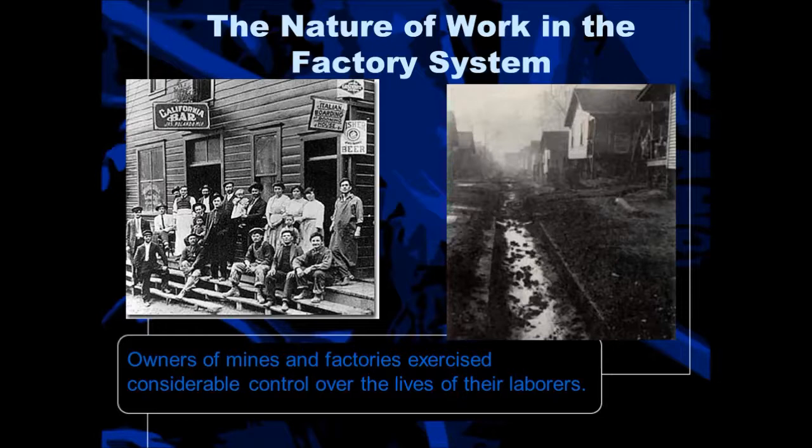The Italians were considered mean, so, we're doing you a favor putting you in the mines. The Poles already had that reputation of not being very smart. Not sure where that reputation comes from, so let's put them in the ground with a very low paying job. And the Slavic people had gotten this reputation of being unclean. So these are three groups that nobody else wanted to work with, so they were paid the least. They were even paid less than the Irish. So it was very dependent on where you came from, and these people from all different walks of life and all different nationalities came together in these coal towns and had to do the bidding of the coal owners.